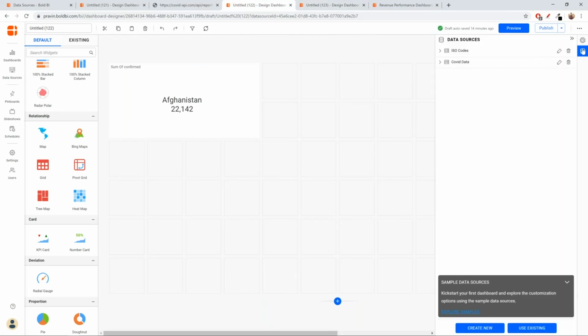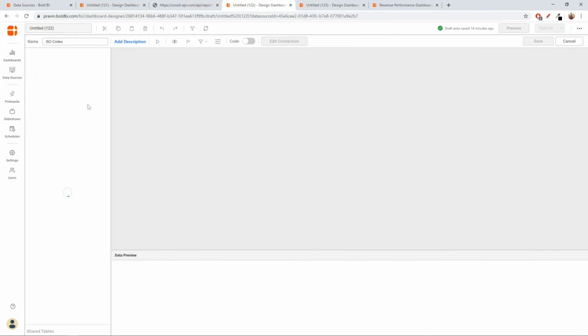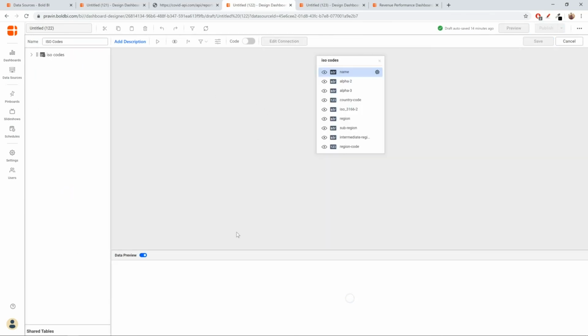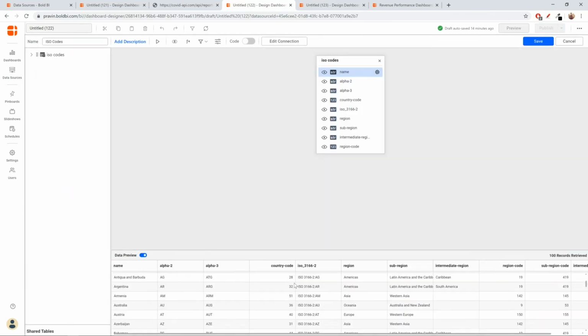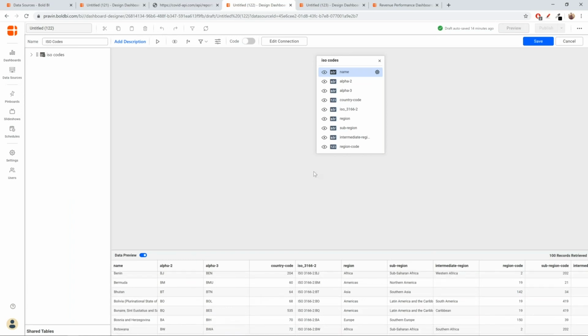Okay, so here I have imported a set of values from a data source, which is the ISO codes data source that I had already. So you can see the list of values here. Now, instead of allowing all the users to view the entire set of parameter values, I can allocate the parameter values for each and every user. Okay, so to do that, you can go to the user filters here, click configure user filters.